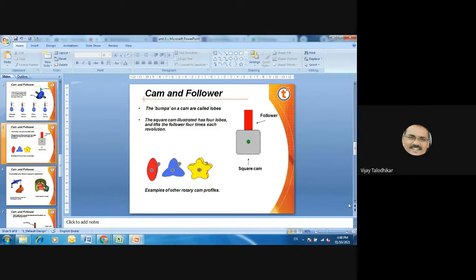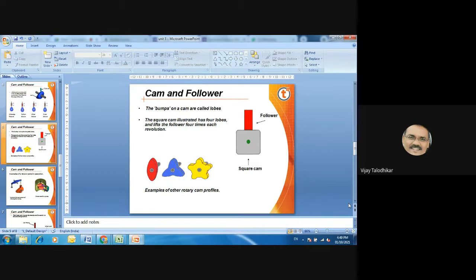Under this condition, whenever we require the follower to be lifted to a certain height beyond the expectation and beyond the design, in such cases the cam has to be made of an abrupt shape. It may be oblate, a star one, a pentagon, or a square cam. Such a lobe shape can be used to lift the follower to a certain height beyond the expectation or beyond the configuration.